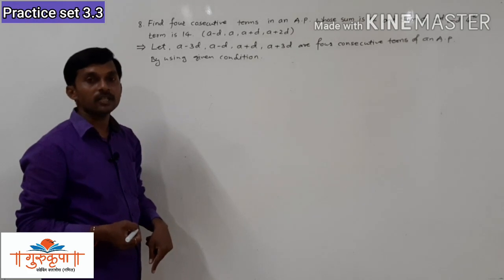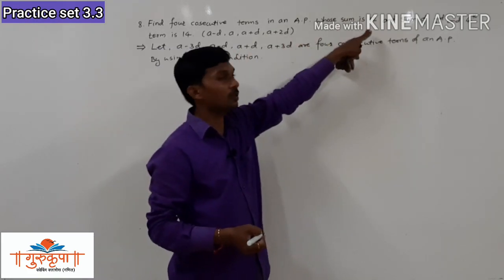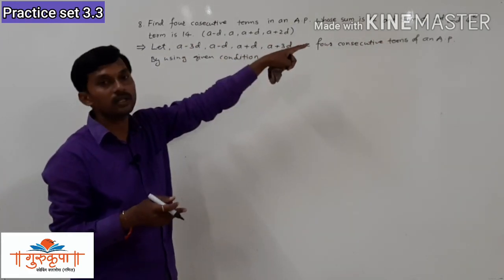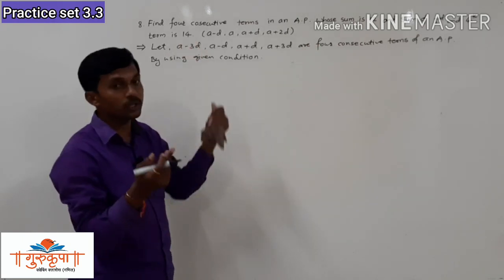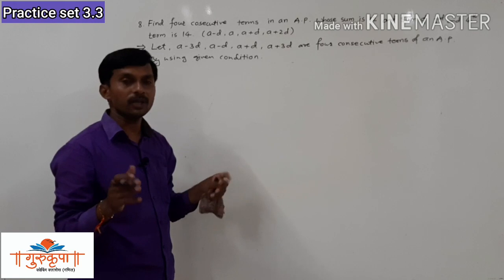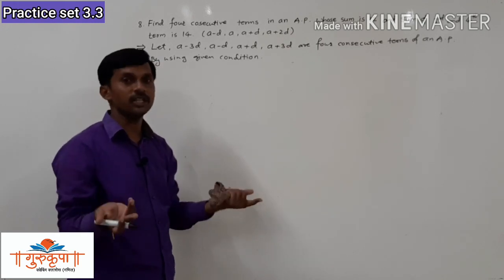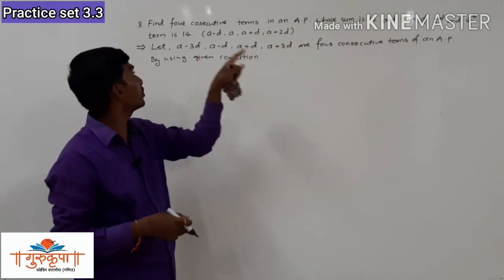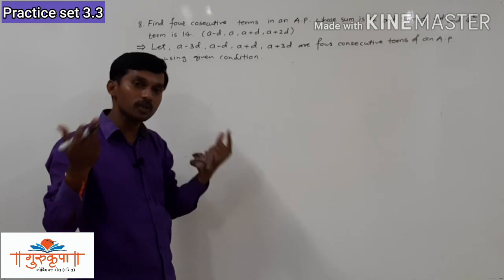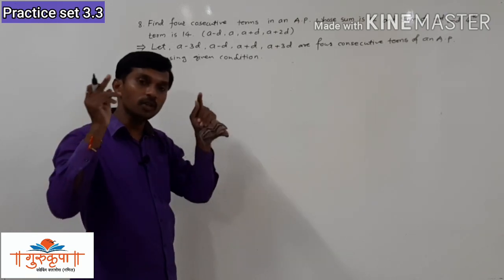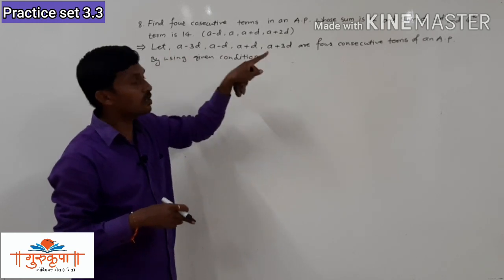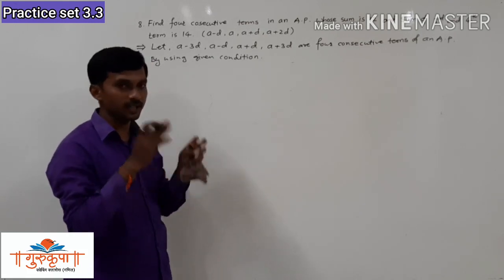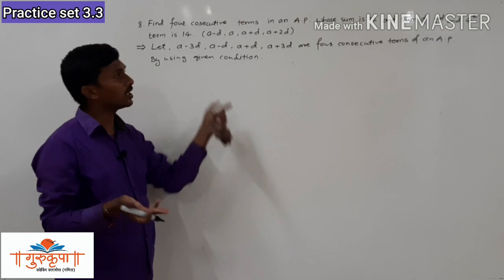Now some students get confused that the sum of all the terms is 12 and the sum of only the third and fourth term is 14. Now in this AP maybe some terms are positive and some terms are negative. So it can happen that the sum of all the terms is 12 and only the sum of third and fourth is 14. That is only possible when some terms are positive and some terms are negative. When we get all the 4 terms, your confusion gets solved.